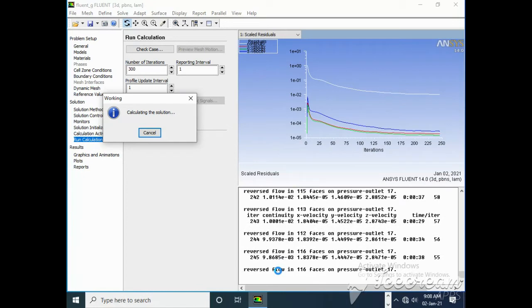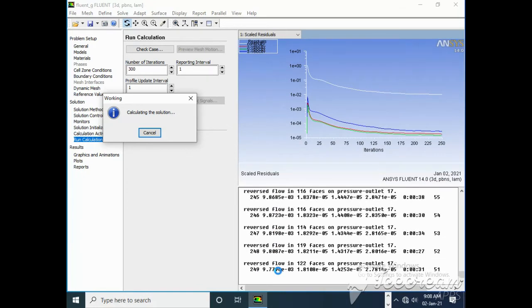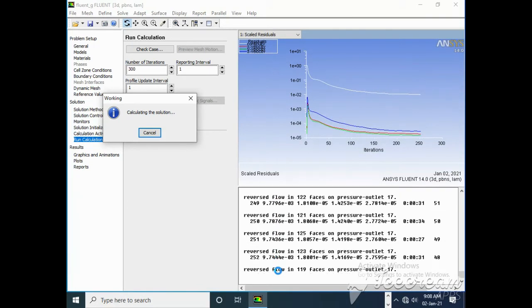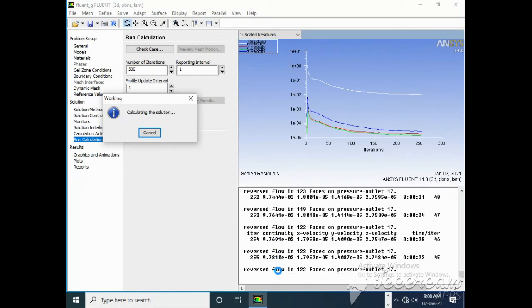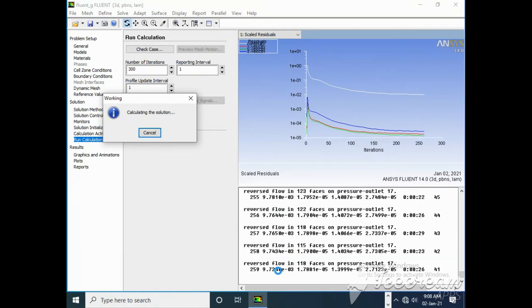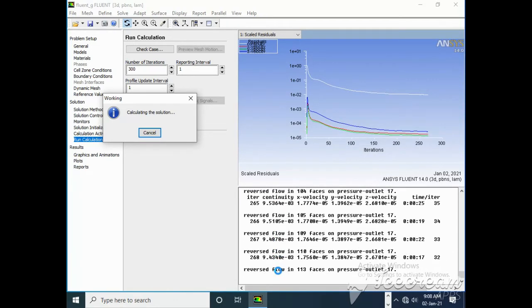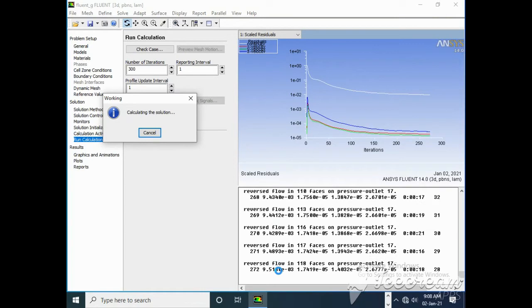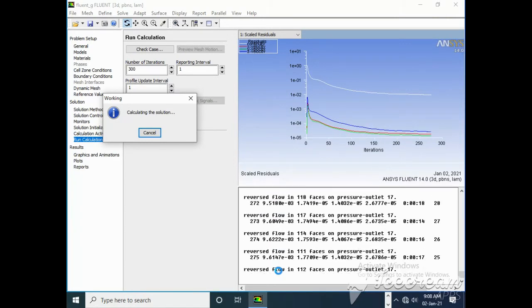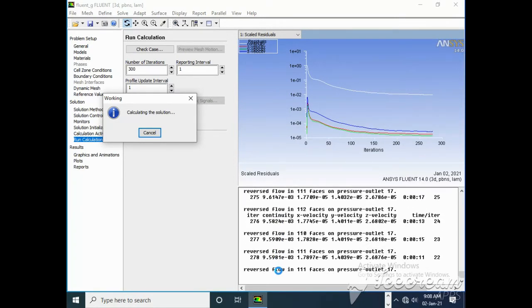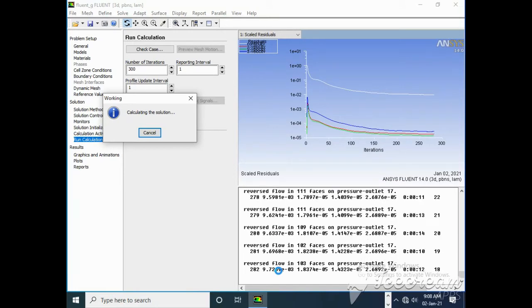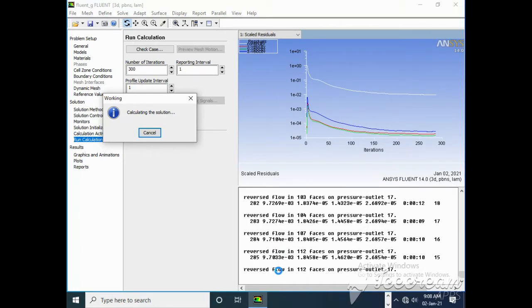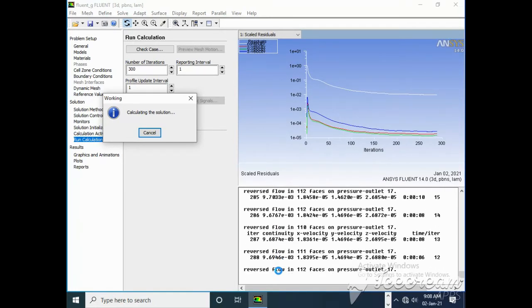Yes, it will stop at iteration 300. So it is going down and down, so we will increase our number of iterations. At e raised to minus 4, it will automatically stop. That is the default criteria for the continuity equation.